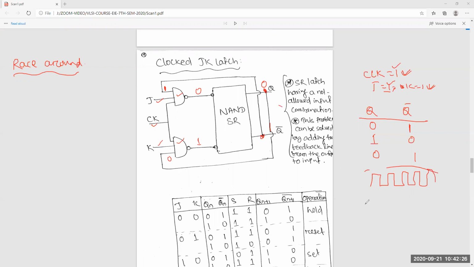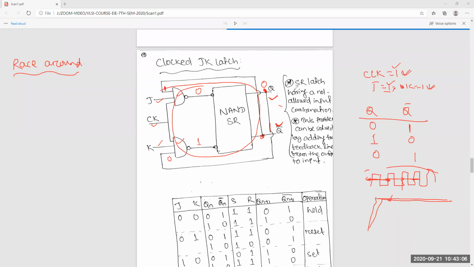Okay. Suppose your clock timing is this. But the delay of this circuit is less. Suppose this is the delay. But the clock is on for a long time. Then this will toggle continuously. So after one delay, what happens again? You will see that the clock is equal to 1, so again it will toggle. Again you will see the clock is equal to 1, and again it will toggle. So these types of things will happen. That is called the race around condition. Yes or no? So how to remove that?